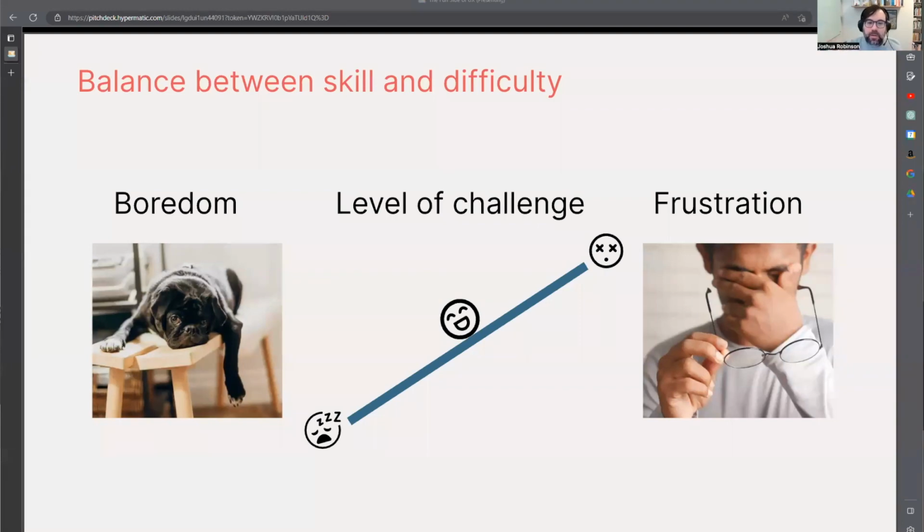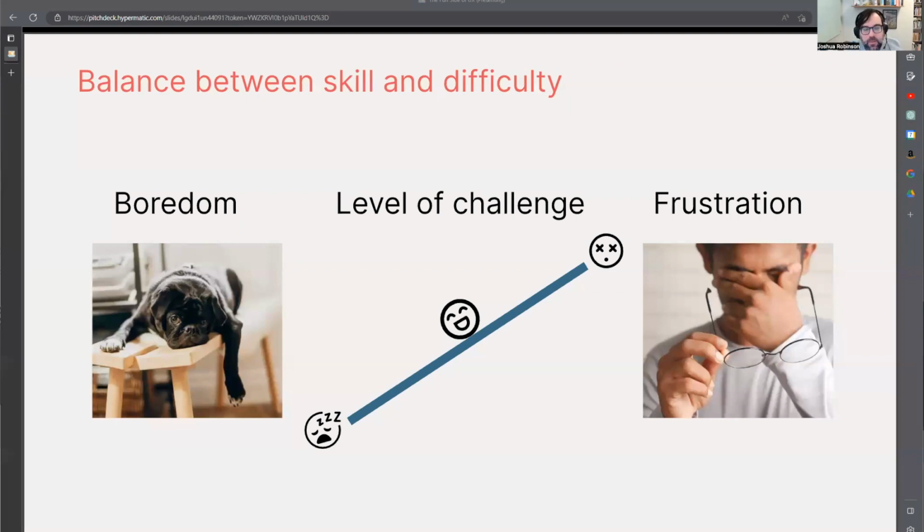So this balance between skill and difficulty. The key aspect of a challenge is finding that balance between the difficulty of the task and the current skill level. So we're looking for a challenge that's well matched to my abilities or to an individual's abilities. And what does this do? It creates a sense of flow. Some of you may have heard that term before. You're in a flow state, which is a mental state where you become fully immersed in an activity. You might lose track of time. You might experience a deep sense of satisfaction.